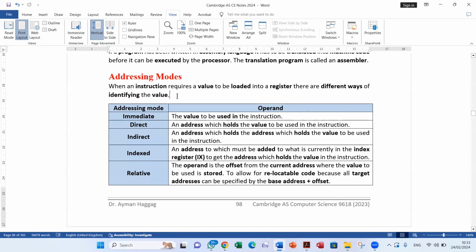You want to put a value in a register, probably that register will be the accumulator. I hope you understand me. If you have any question, just raise it. Okay? So,